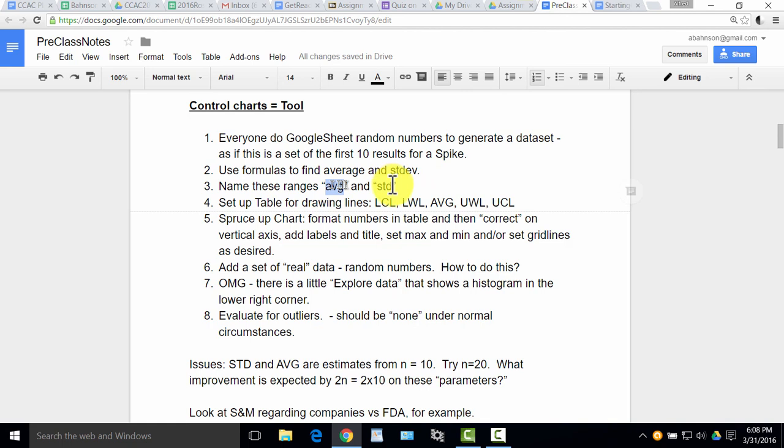We're going to use something called named ranges to write our formulas because this is easy and it's good to know. And then we set these numbers up for our control limits and warning limits in a table in such a way that the table helps us make the chart. We just select the table and we get the right kind of chart. Then we're going to look at a little bit at formatting, sprucing it up in various ways. And once you have the chart made with the,